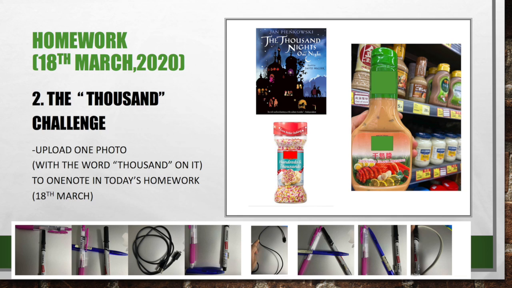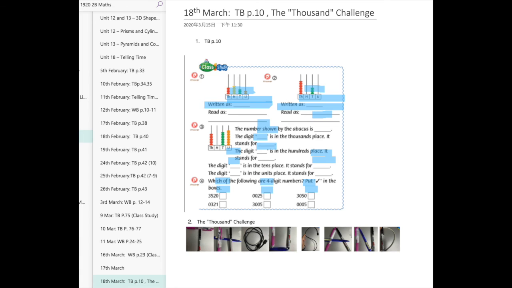After uploading your textbook page, just upload one more photo about the 1000. In there is fine. For example, go to OneNote, today's homework, upload your textbook page 10 after finishing, and then upload the photo about the 1000